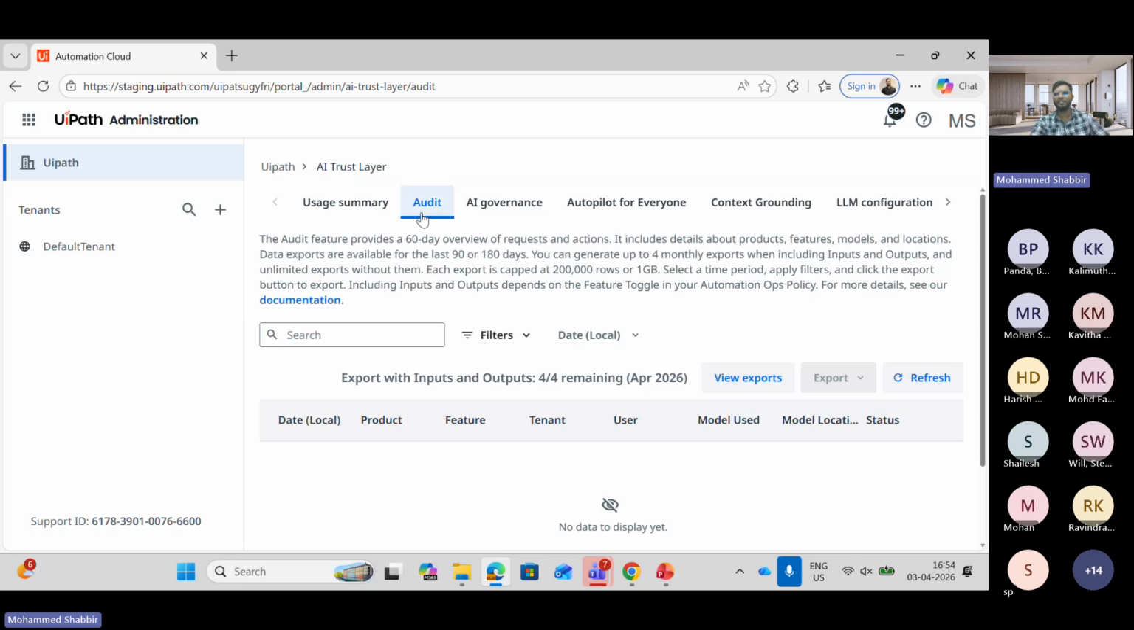Okay, then audit also here. Here it will give you the complete, a complete 60-day window. If you see here, we can even extend this for 90 days. So here it will give you the complete history of what has been happening, at what time period,